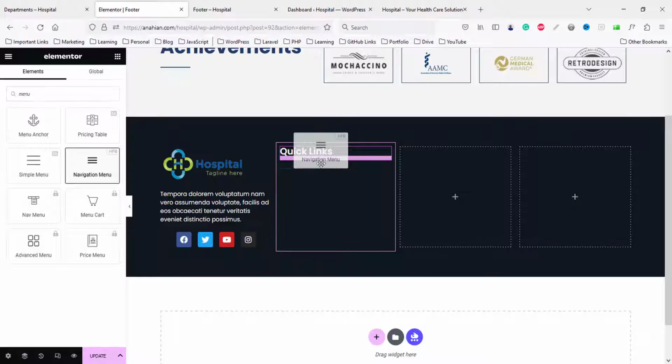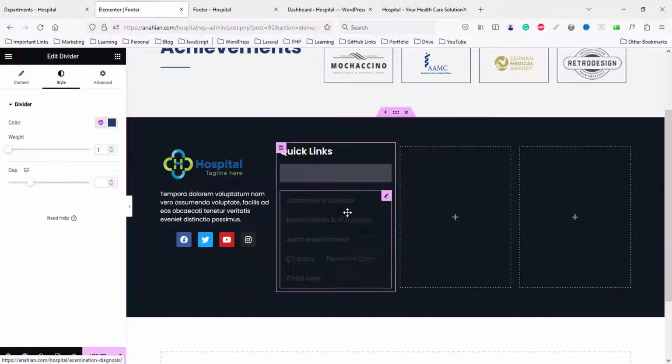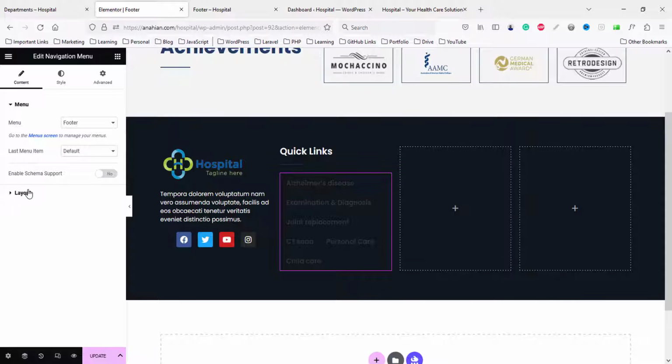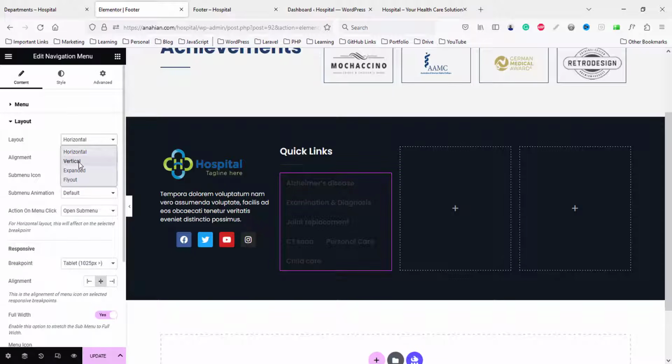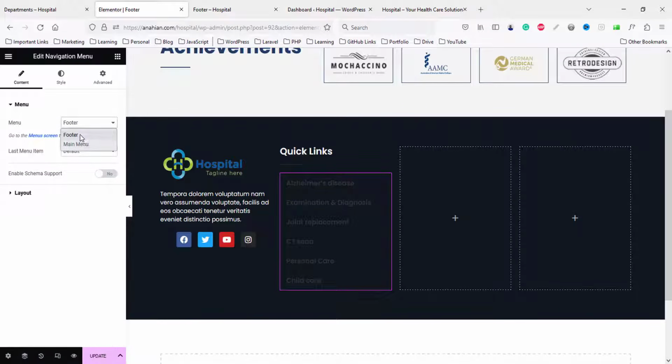Then we need a menu part, so just search for menu. So we can use again this menu, and divider, drag to top. Okay, fine. Click this menu, footer menu, that's fine. Go to layout, we can choose layout to vertical. Okay, so sorry, this menu will be our main menu. Okay,